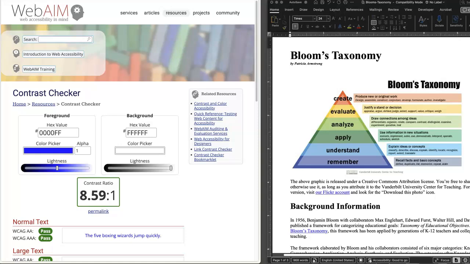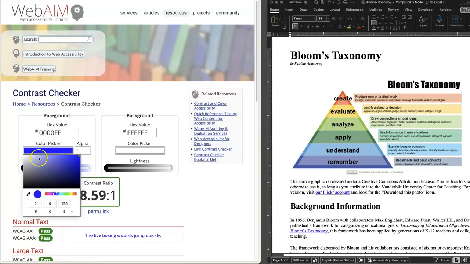I want to find out if the text color and the background color of each layer meet accessibility standards. I will start with the foreground color. I'm going to select the color picker field. When I do, a dialog pops up showing me the color value of the blue in RGB color code. I'm able to use a drop down where it says RGB and switch by clicking to different color value codes. I've switched it to the hexadecimal color value code.